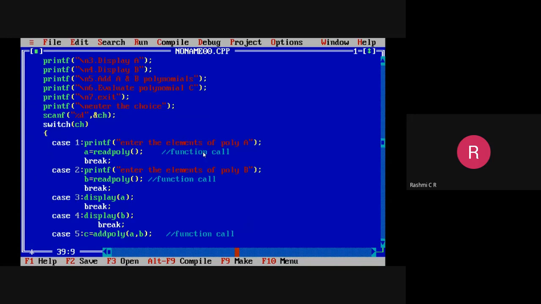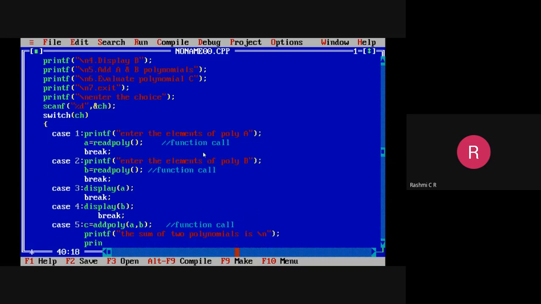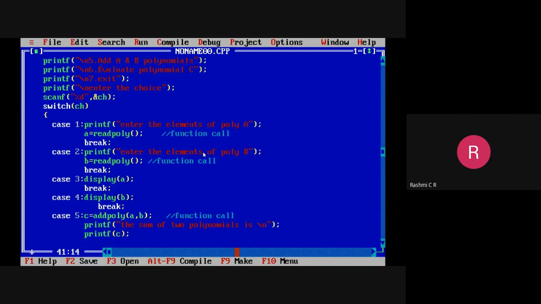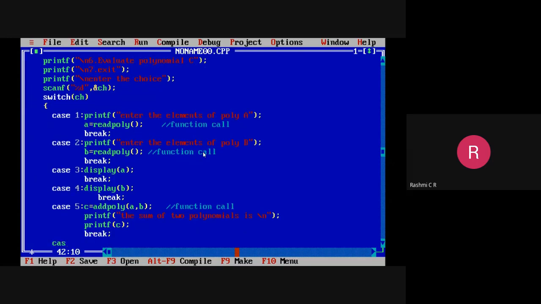Okay. So after you add the two polynomials, you have to print the resultant polynomial. It should be displayed. The sum of two polynomials. Okay, this is only for the display purpose. What we need to print here, that the result is stored in C, variable C. Okay, so this is case 5, and case 6 is evaluate the polynomial.